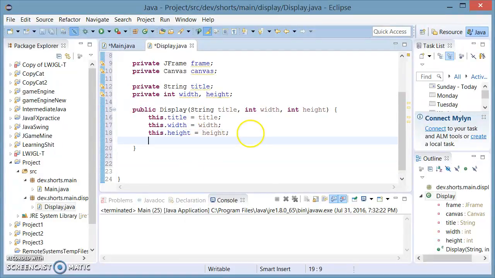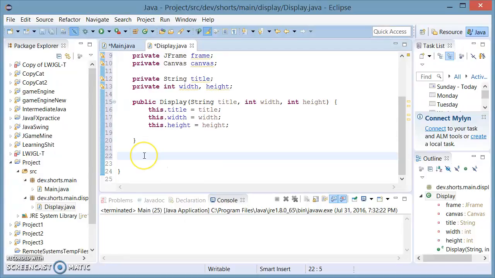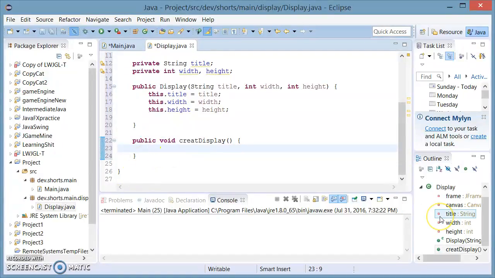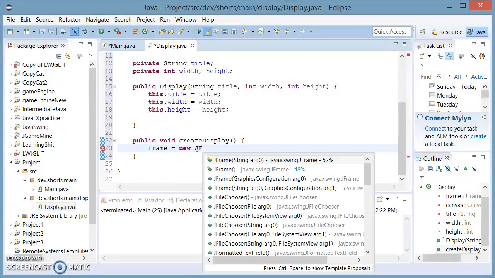Now I'm going to create a method which is going to be responsible for creating the display. I'm going to set this to public so I could call this from other classes. Its return type is going to be void, and its name is going to be create display. Inside my method, I'm going to set frame equal to a new JFrame,